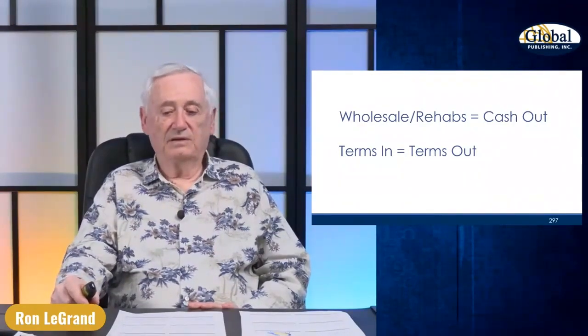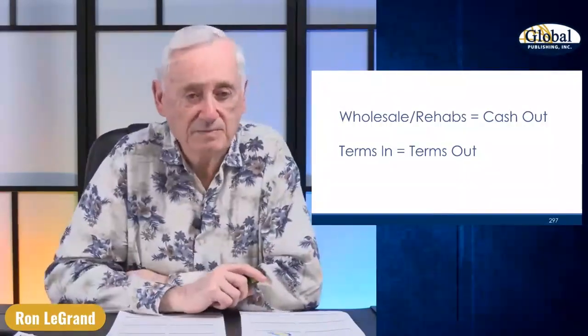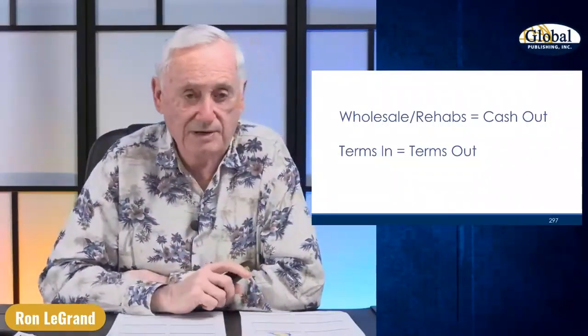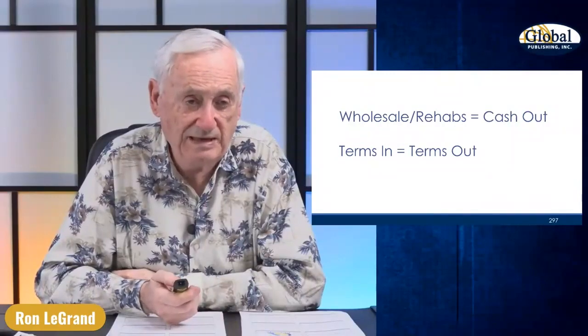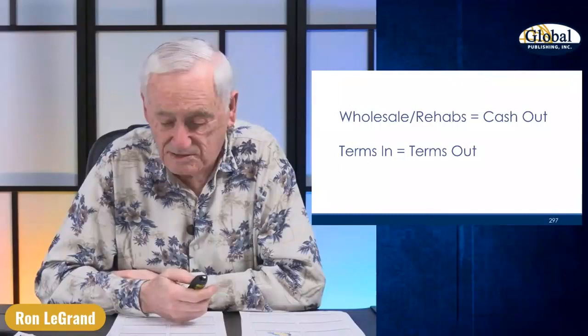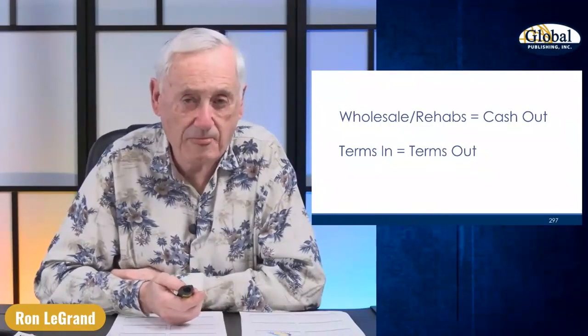Yeah. But on the other hand, I'm killing the golden goose, and I'm probably not going to be making much money if I do that, because there's going to be a whole lot less equity in it if I buy it on terms than if I pay cash for it. I'm not paying cash. I'll go back to my formula. If I pay cash, it's got to be 70% of ARV minus repairs equals MAO, and I don't pay MAO.